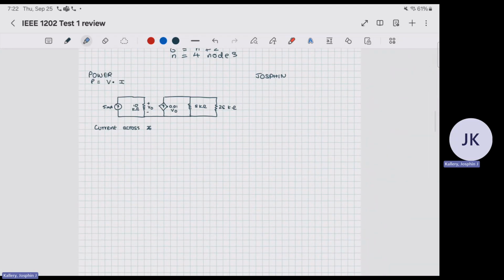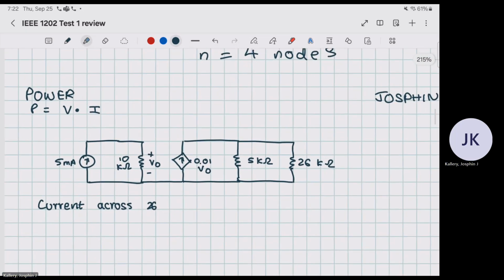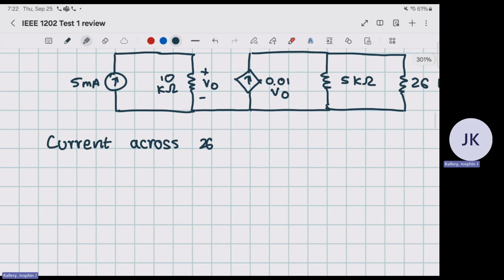Now we're going to move on to power. The first thing you need to know with power is that it's just voltage times current. So just remember that as we go through this. So first we want to find what is